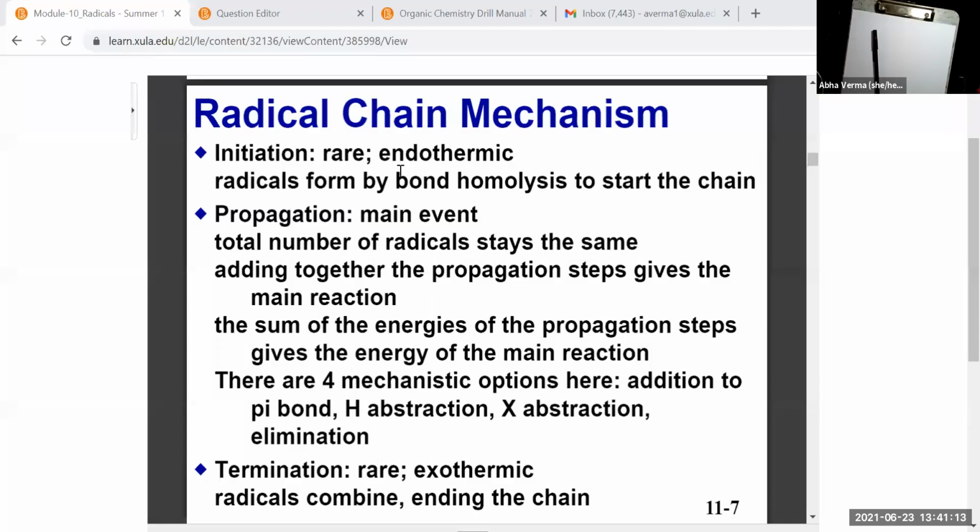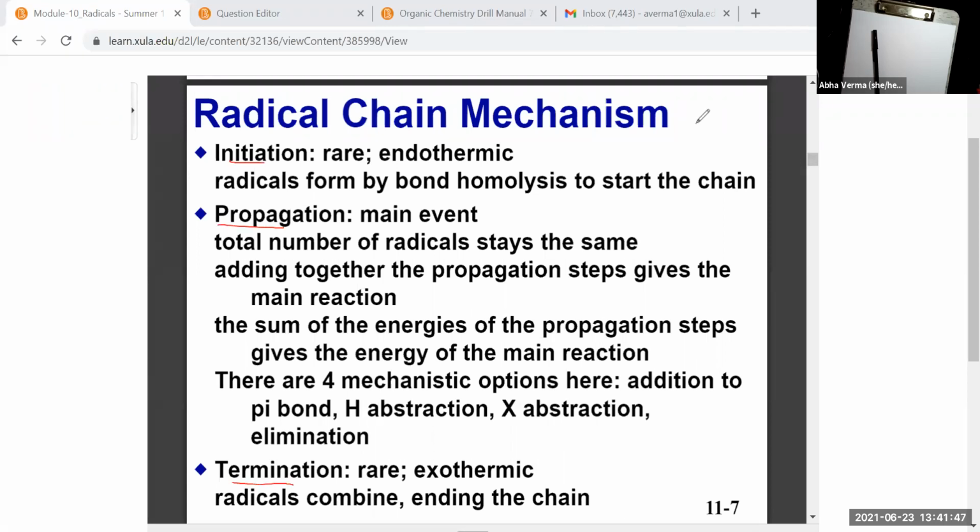A radical chain mechanism. What does a chain mechanism mean? Once it starts, everything follows the other without any more persuasions. For example, when you see an avalanche or a waterfall, once the water tips from this end, all the water tips behind it. You don't have to ask each drop to go and fall down. And so a chain reaction,